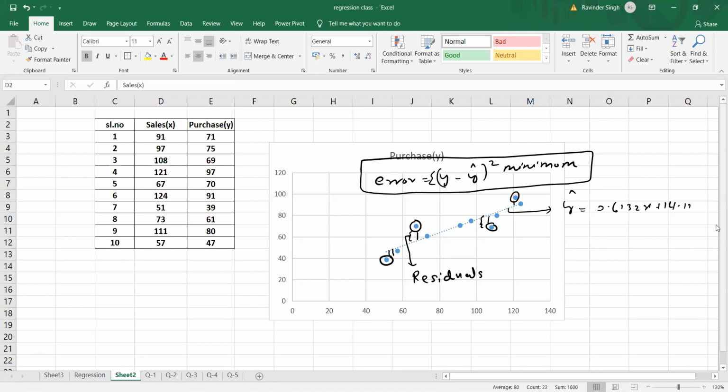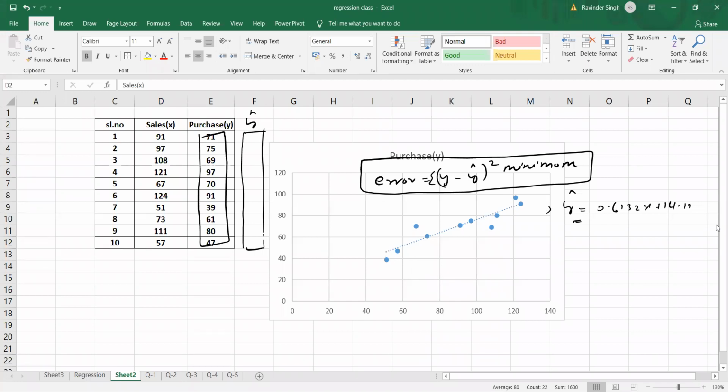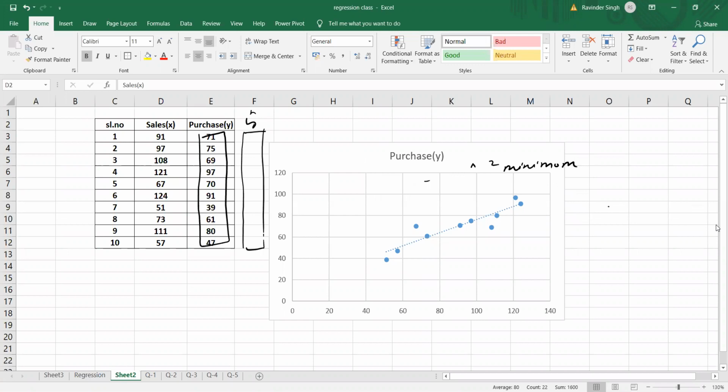Okay, residuals or error. When you calculate these residuals, your actual value of y and, when you start putting x in this equation, the y hat values will differ. So your predicted value of y and the actual value of y will differ because of this residual. How will we calculate these residuals? Let us check in Excel. Now I have told you about the residuals and errors.